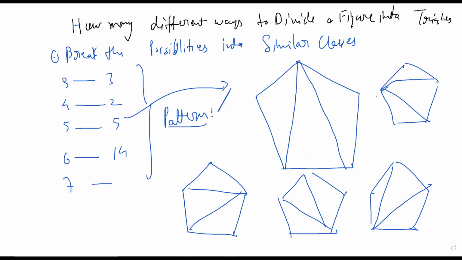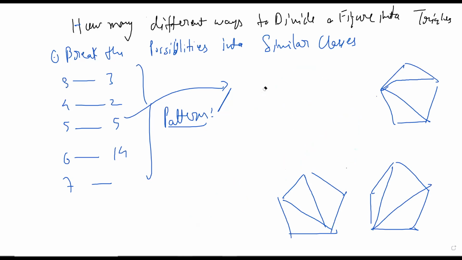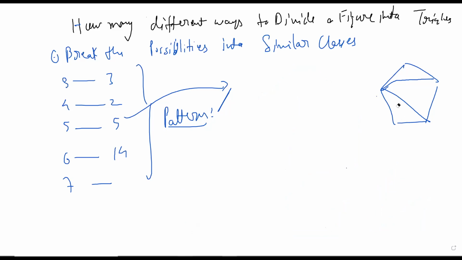But you see, in this case, the pattern is not easy. The number of triangles is always n-2, very easy. But how many ways to actually triangulate it? God knows. This is hard. This problem is called the Catalan problem. We cannot do this at this level. This requires a lot of stuff. The answer is very complicated.